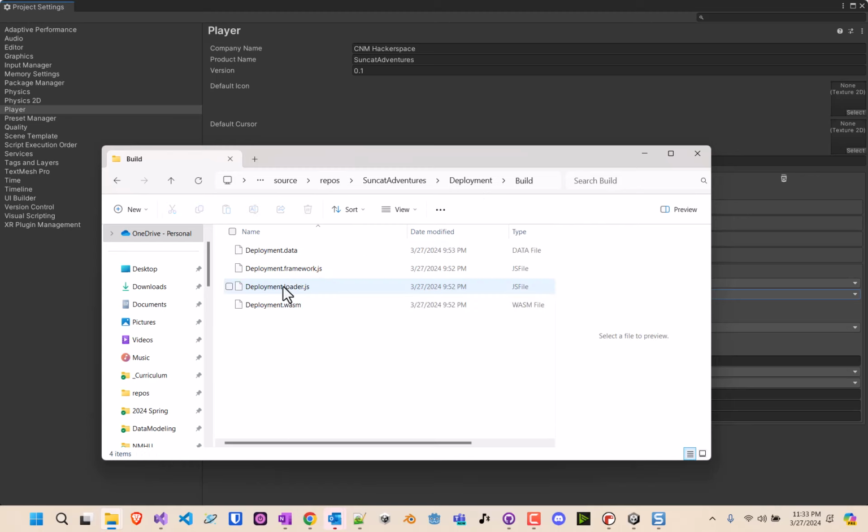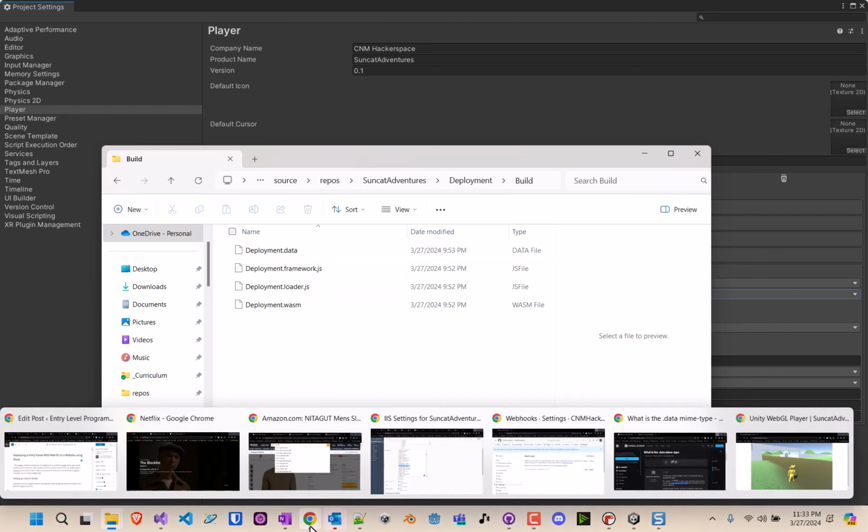Under build, there's this deployment.data file, and in my case, my hosting provider does not have that MIME type defined. To define it, I